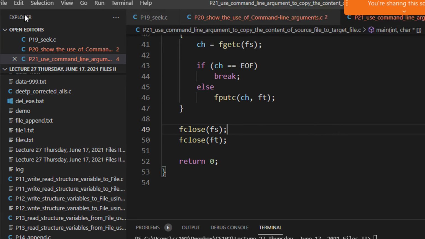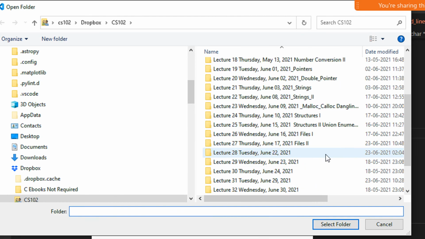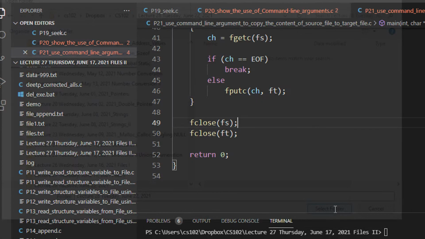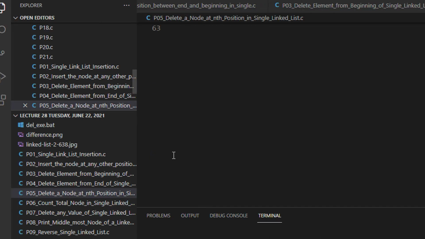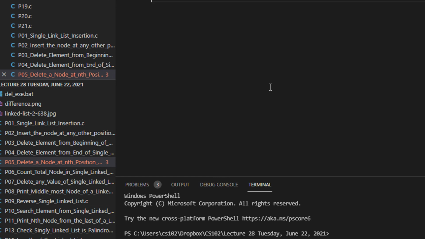Okay class, now you can open the folder for June 22. So right now we are moving towards the end of the course, and we shall be seeing some data structures. What is a data structure? Nothing but how we organize the data. Like array, we also treat array as a data structure, which you have already seen.